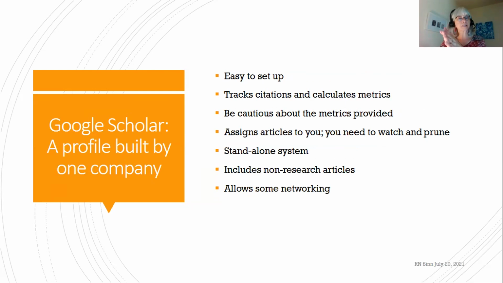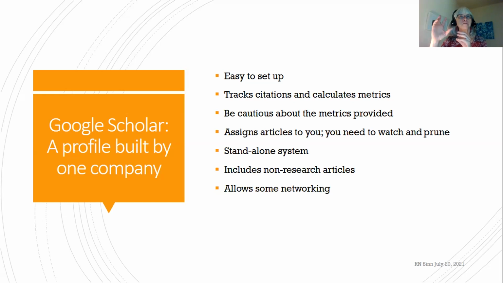It does something like what ORCID does, but instead of linking to other sources of information, it's all built on Google's giant database and Google's algorithms, which we don't have a way to look into. That's a fine thing. I have a Google Scholar profile, and I keep it updated. But it's a little more